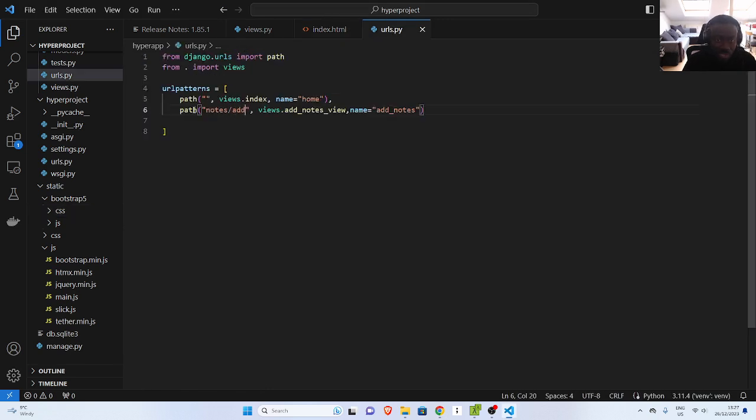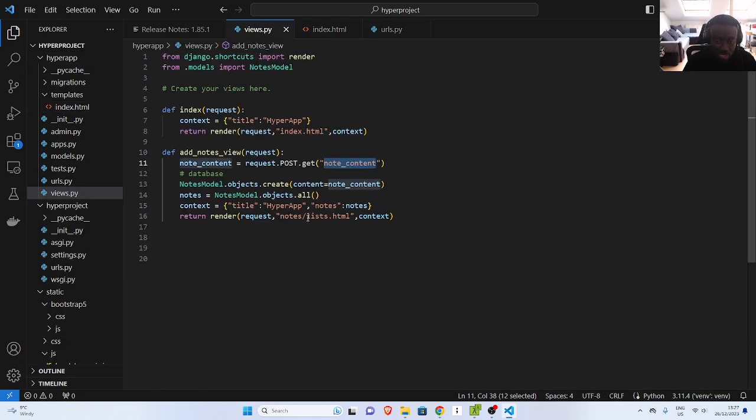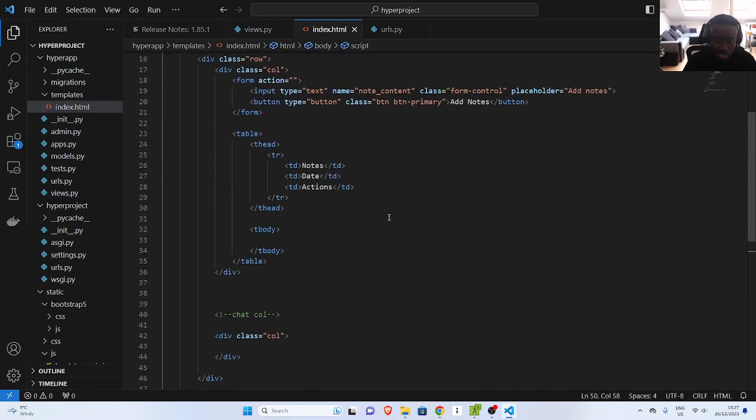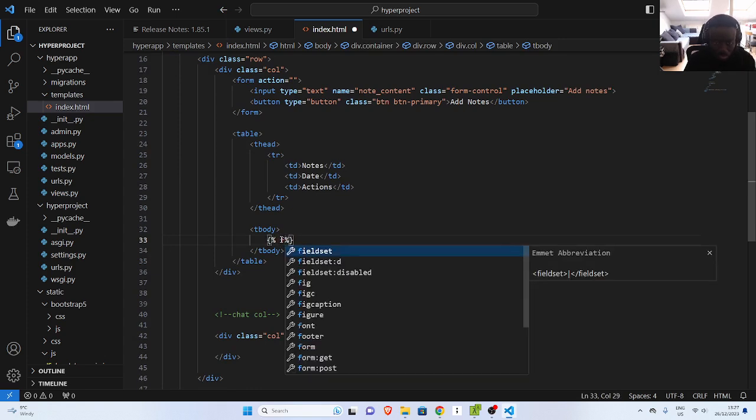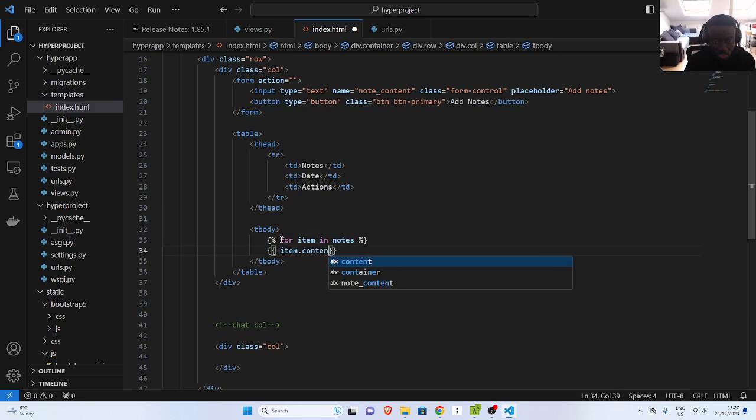So we have the endpoint already, we have the index, but we need one more. We need this list, right? So where is this list going to be? So this list is going to be whatever information we're going to be placing here. So by default, we would have done something like this in Django. We would have done for, say, item in whatever data that we are sending in notes, and then we would have done, let's say, item dot content, and then you close it,